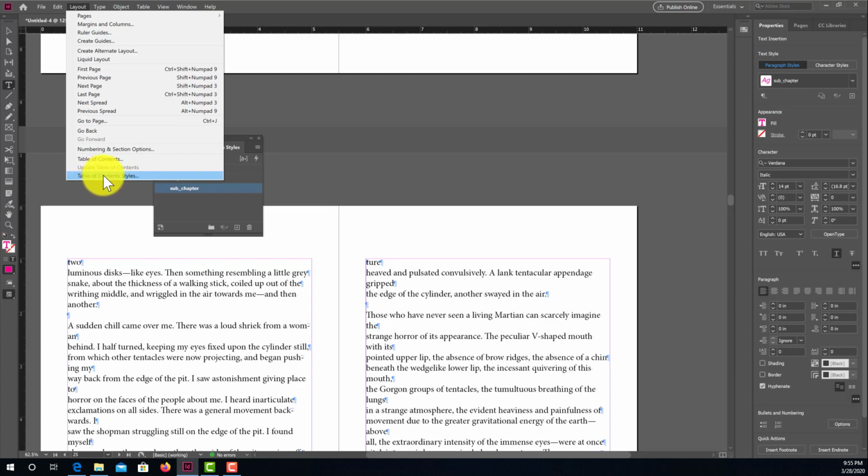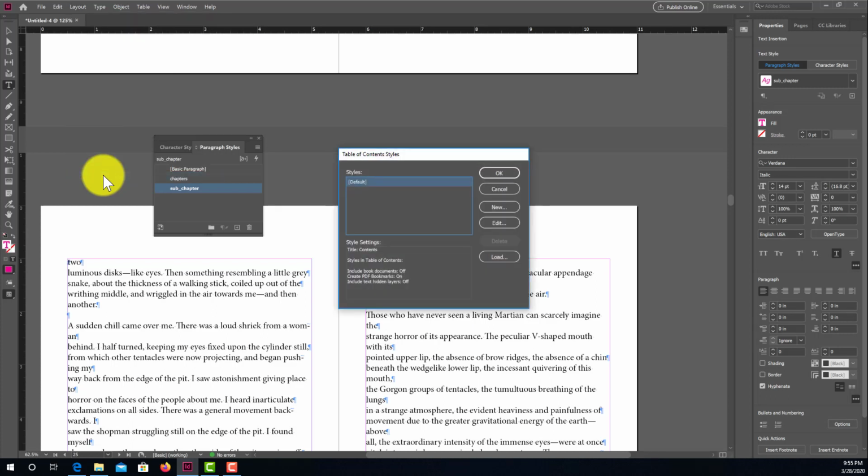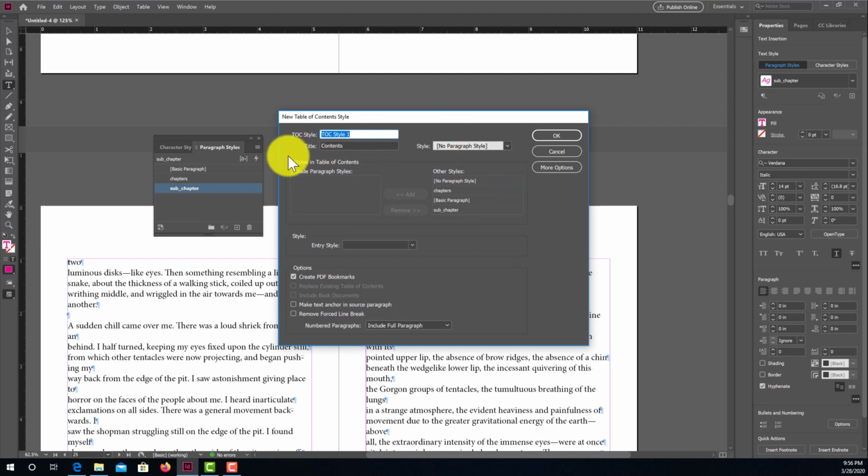So not only is this paragraph styles, but there's a table of contents styles, which contains all the styles that we've just created and a few more. So what I want to do is just create a new one. I'm just going to click on New, and I want to just name this my own style, just to keep track of what I'm doing here. So I'm going to call this